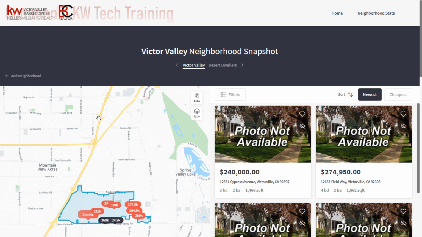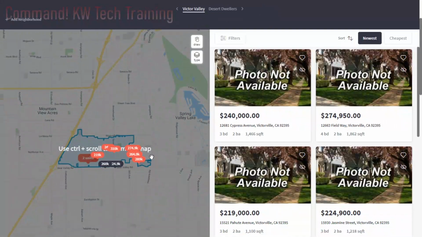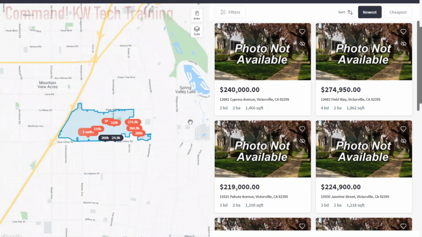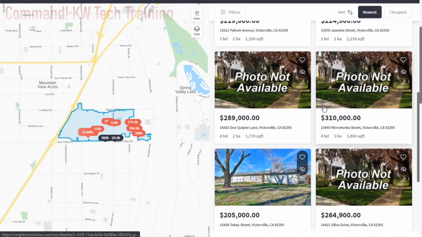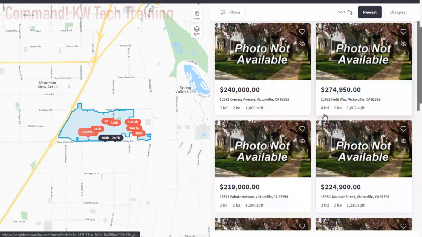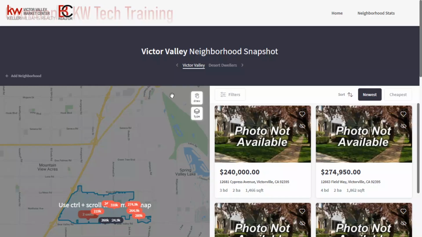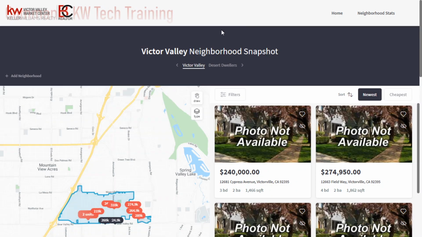So they can see that this is the area, and then these are all the homes that are available currently for sale in their area. So if you know where they live, add their address, you can add them to this monthly touch, and then they're going to be able to see what's available in their area, and maybe they go, oh, maybe I want to,